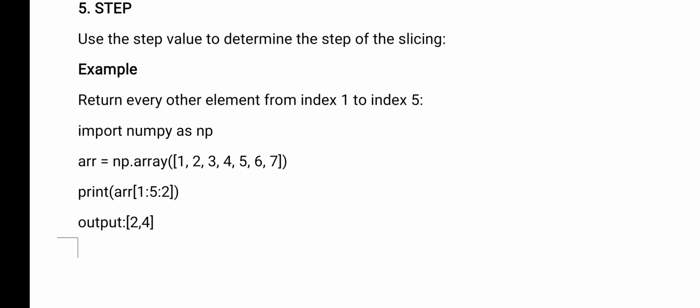Why? Because I have given the starting index as 1. See here, index 0 in the array, index 1 is 0, index 2 is 1, index 3 is 2, like that, because indexes start from 0. So I am printing 1 to 5, meaning I want to print elements from 1 to 5. Index 1 means 2, 3, 4, 5, 6, so between 2 and 6 only I want to print the elements. Every time how much do you want to increment the index value? 2. So you will get 2, 4. Understood? Because the last element is 5, only 2 alternative elements are printed.